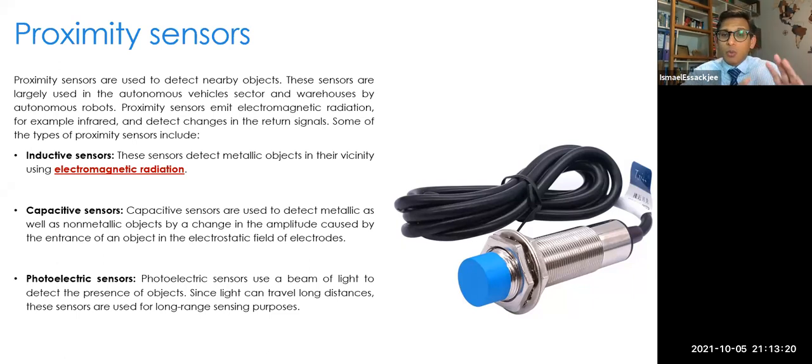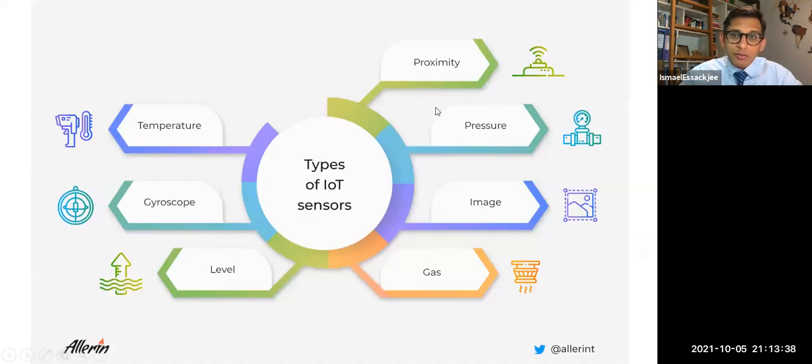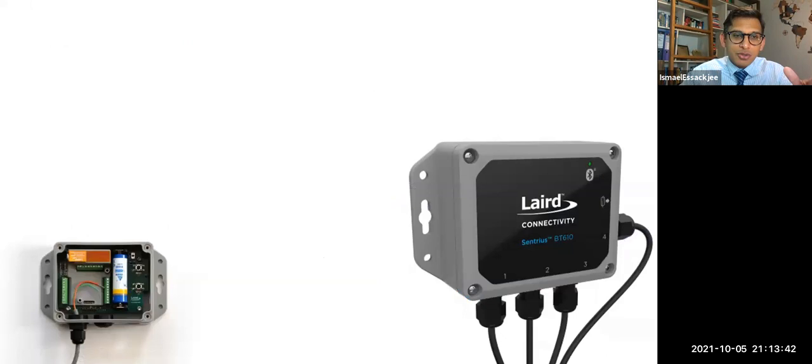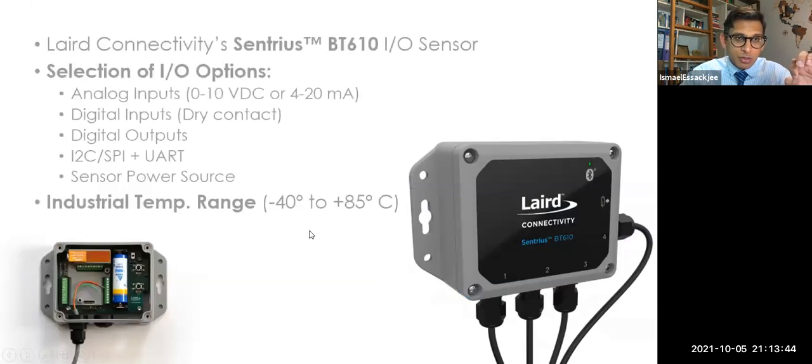When you're designing, you need to be aware of the environment you want to implement your sensor in, and which sensor you want to use. Then you choose which type is going to best fit your environment. Here we have just taken the example of the proximity sensor, but this applies to all of the sensors that we have around. Let me show you another example as well.